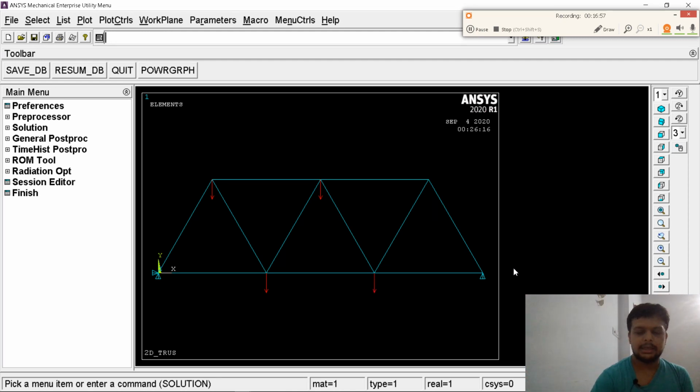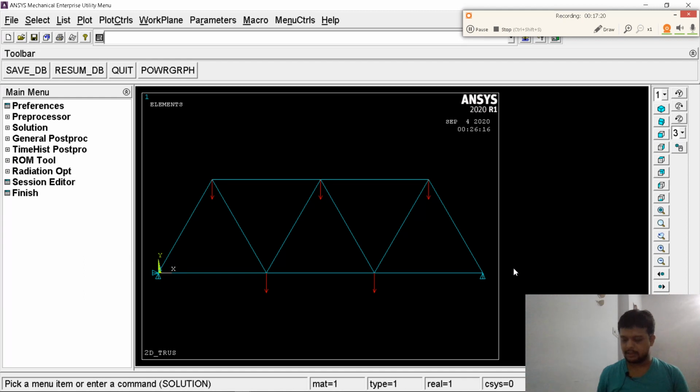And the last load I will apply on key point number 6. FK, 6, FY, negative Y direction, and the amount I will take is 280 kilonewton, E3. This will apply the load.